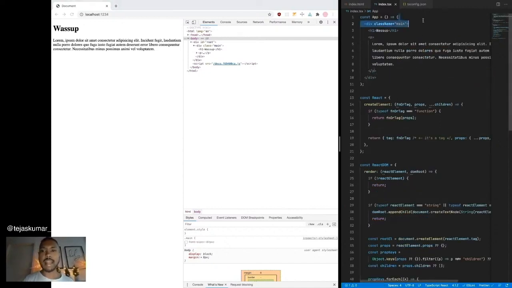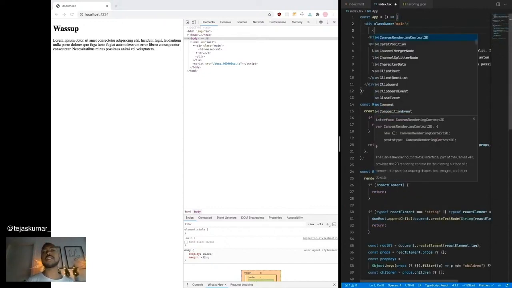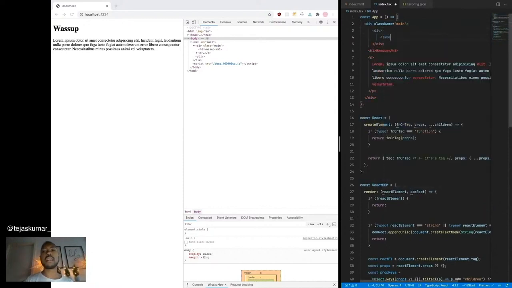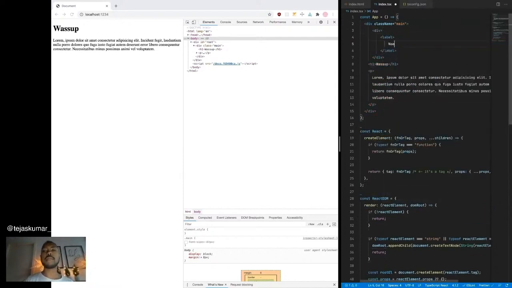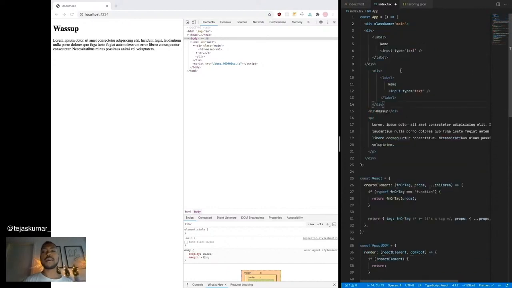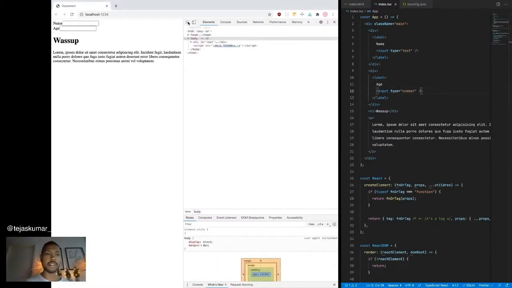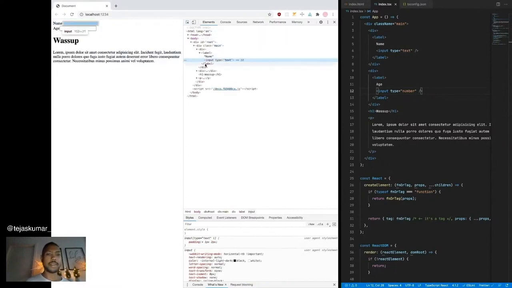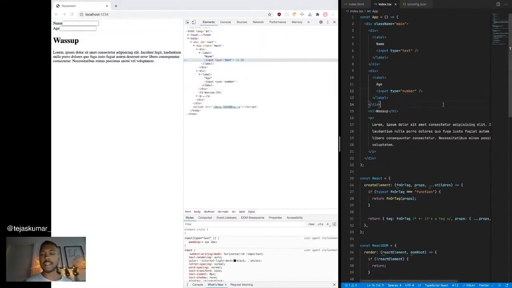Well, let's add some interactivity layers here. So I'll just make a div, and in it I'll have a label with name, not class name, just name, input type text. And we'll do one as well with age. We'll say number. And if React does its job, as soon as I save this, it should just automatically render. Perfect. Excellent. And you can see the props type, name, and number have been set.